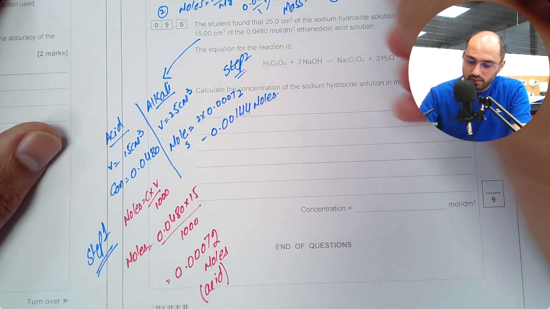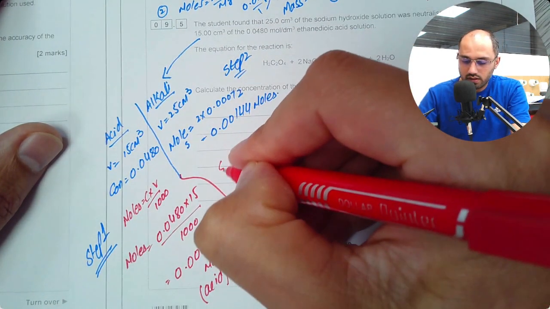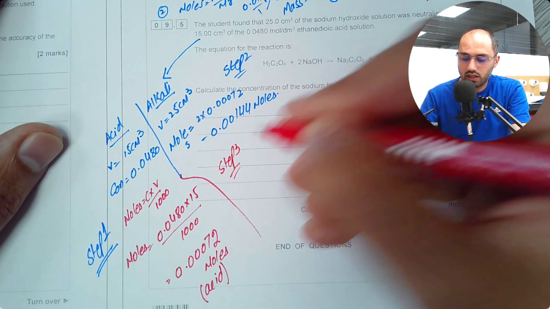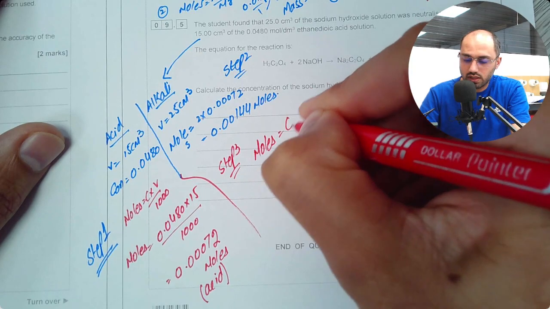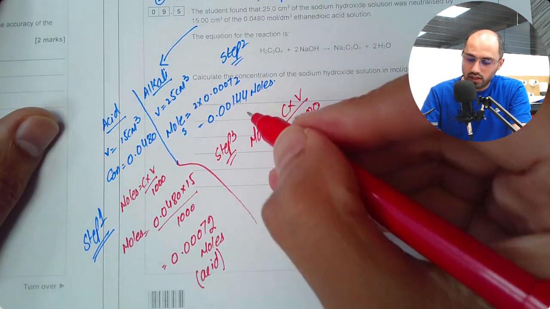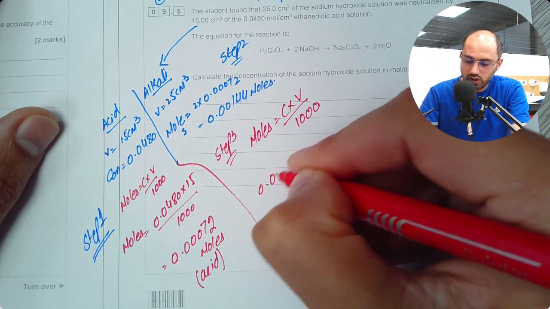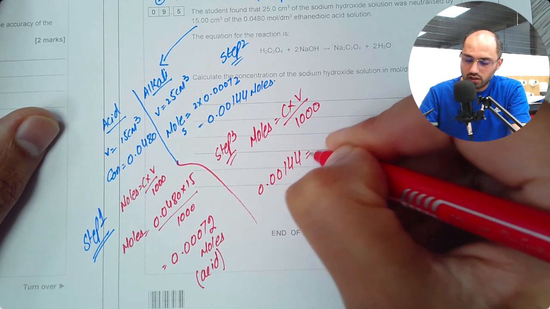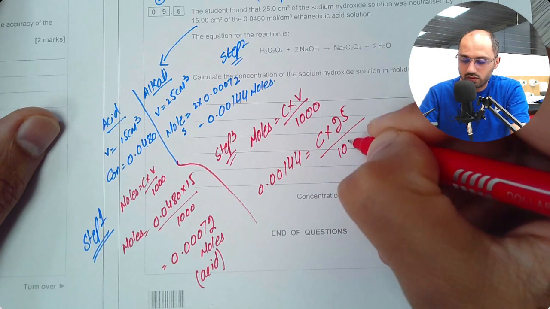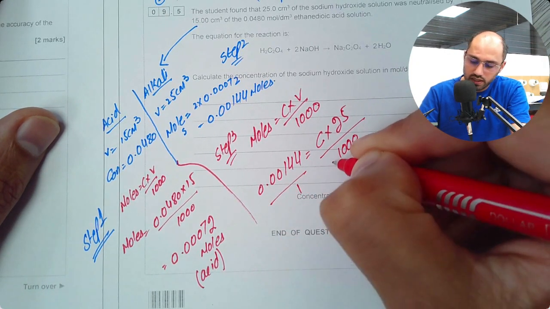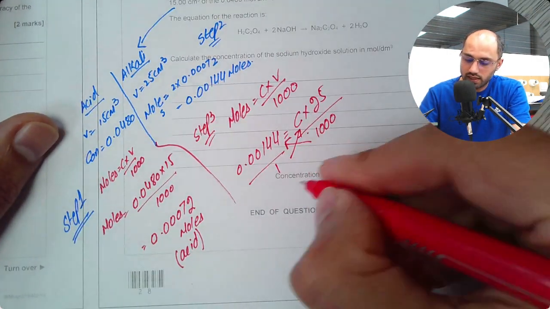I can again make use of the same equation that I used in the first step, in step 3, to work out the concentration of alkali. I'll use moles equals C times V over 1000. I just calculated my moles in step 2, which is 0.00144. Concentration is not known. The volume was 25 over 1000. You can put 1 in the denominator and you can cross multiply. If you cross multiply and solve, you'll end up with